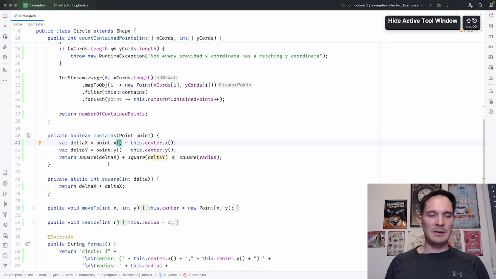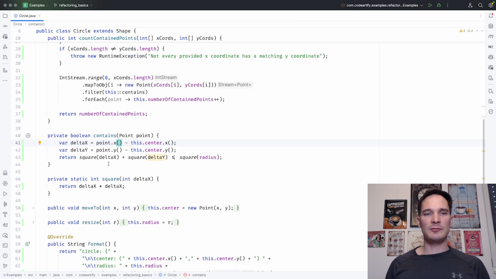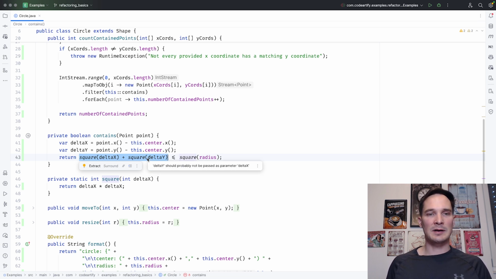So now I can think a bit about the design. So what do I do here actually? I take the square of the x coordinates, I take the square of the y coordinates of the 2 points, and I compare that to the square of the radius. If we write that a little bit differently, we can also say it's actually the distance between the 2 points that needs to be smaller than the radius to be able to say this point is contained